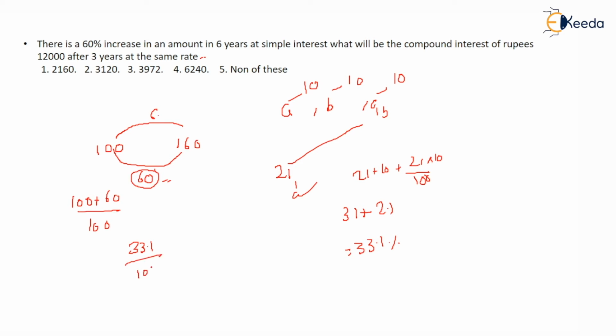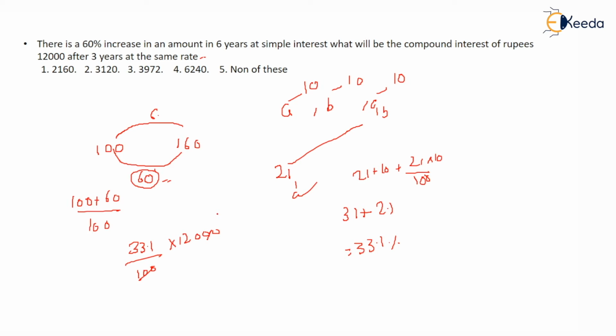33.1 upon 100 into 12,000. After doing this, what do you come across? You will get the compound interest that the company is offering you, okay? Or the person will get 12,000 into 33.1 divided by 100. The answer comes out to be